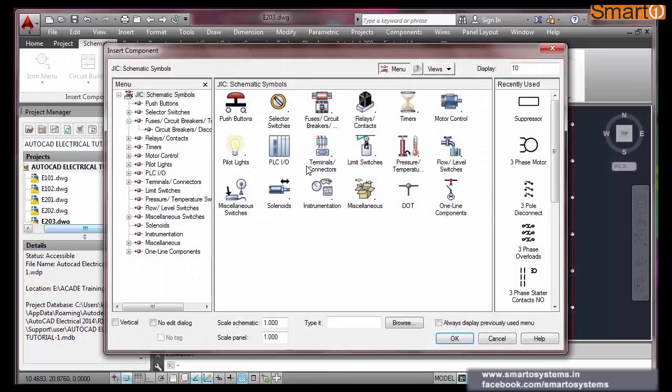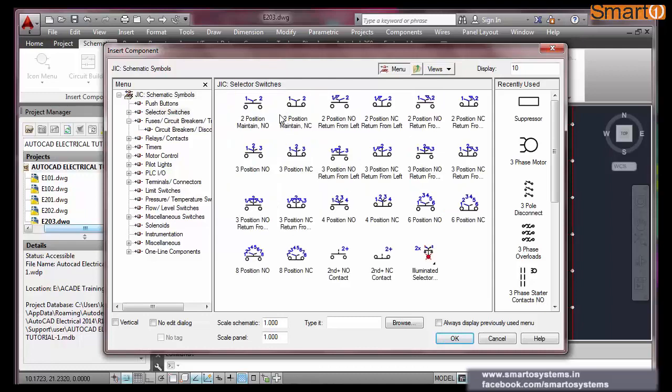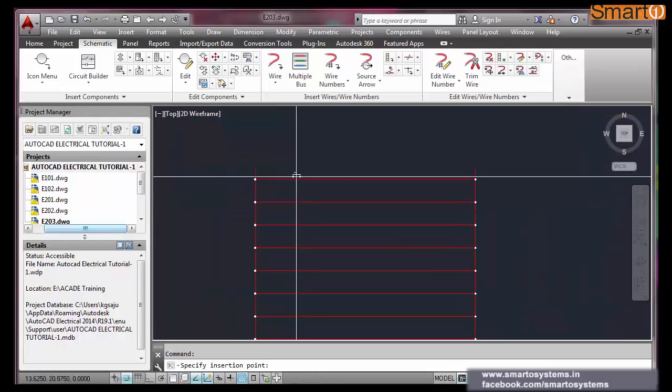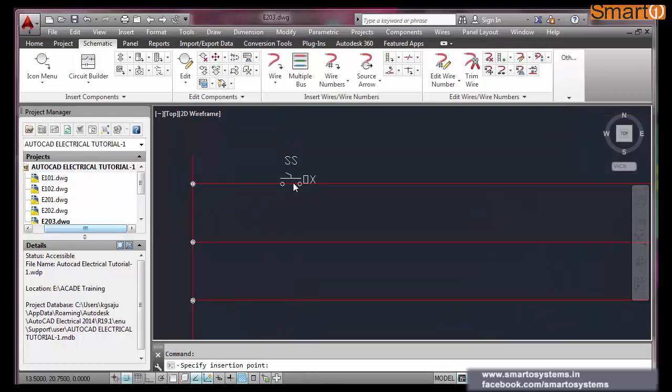Icon menu, control, selector switches. Yeah, this is the 2 position selector switch. Here it is. I am going to use this one. Okay, I will insert this here.